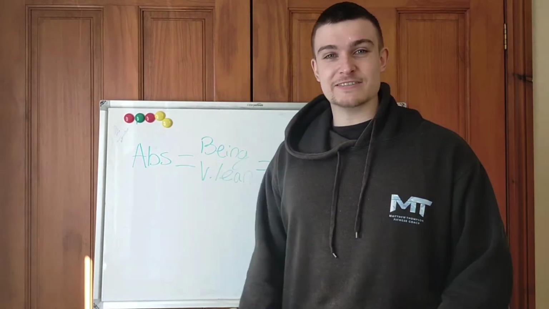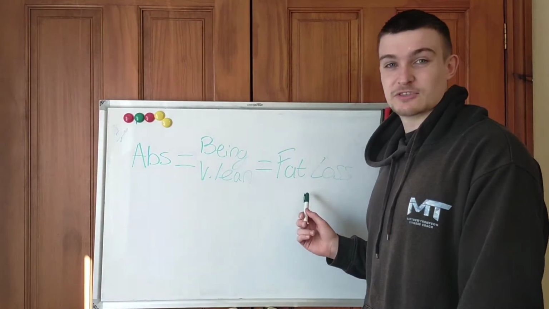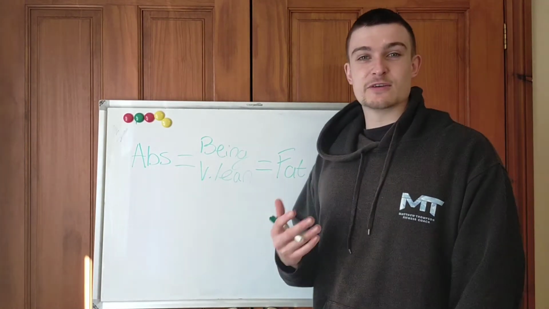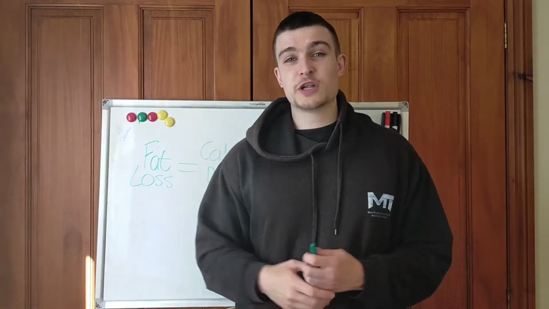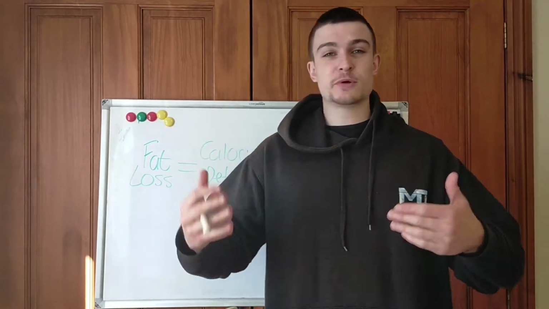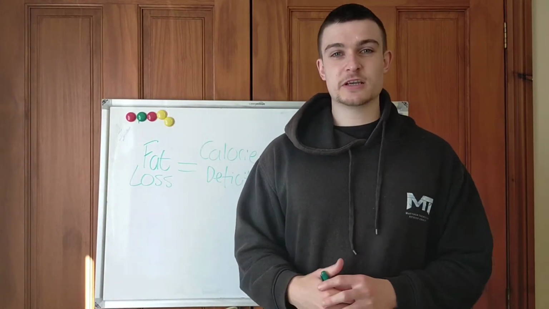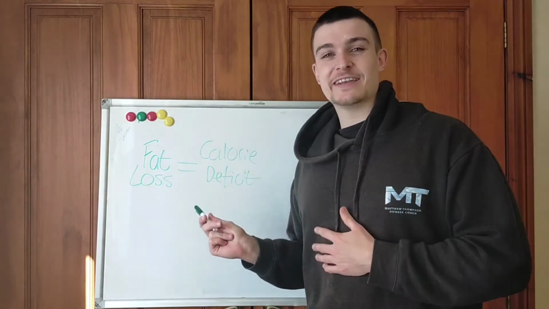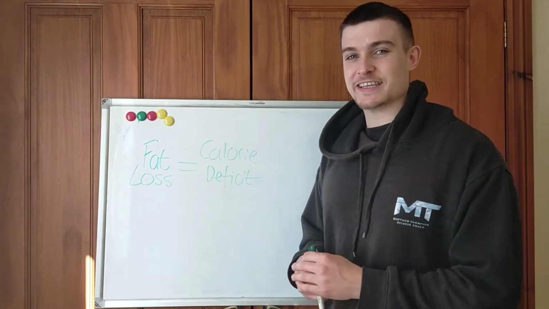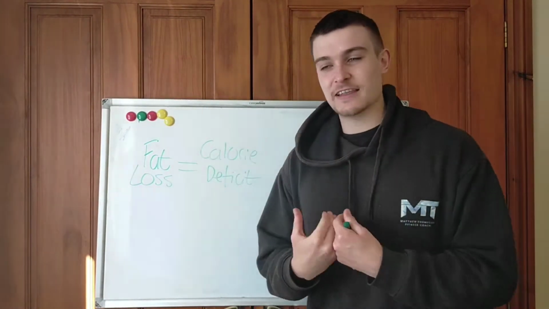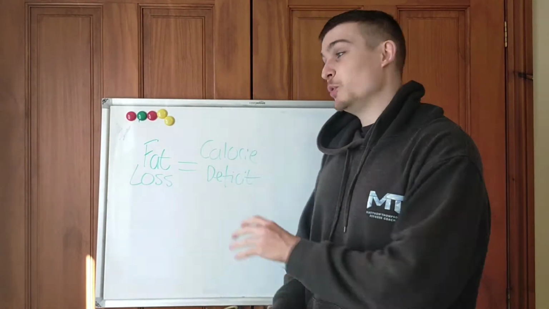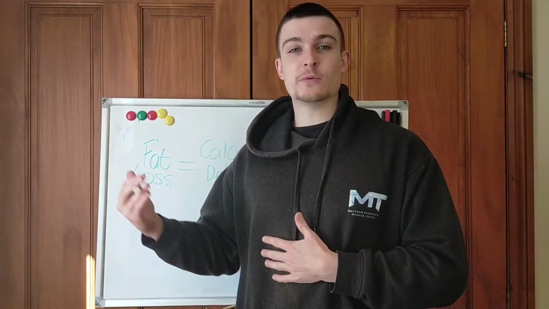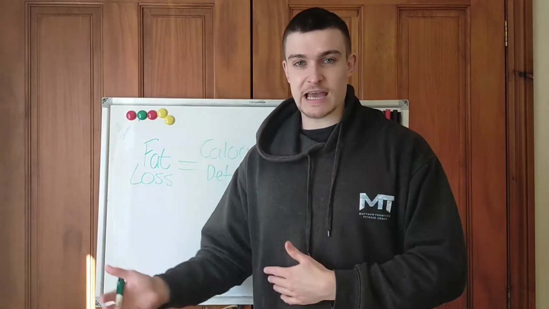What do you have to do to get relatively lean? You have to drop body fat. You have to be in a fat loss phase. First, very simple thing we need to remember. So we know we're going to have to go through a fat loss phase. We need to drop body fat to get lean, to see visible abs. What do we need to do to be in a fat loss phase? We need to be in a calorie deficit. A calorie deficit is taking in fewer calories than you are expending. We need to do that consistently over time to continue to drop body fat to then get lean enough to see abs.